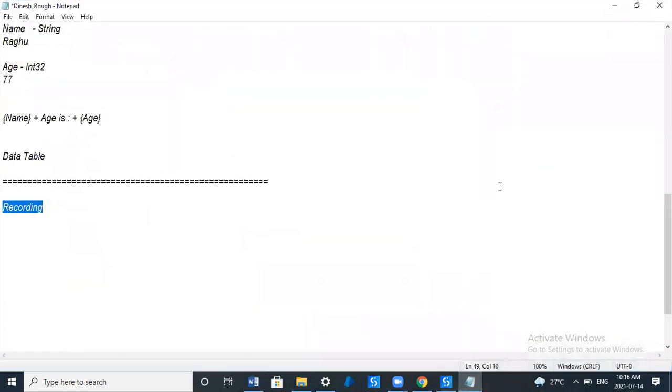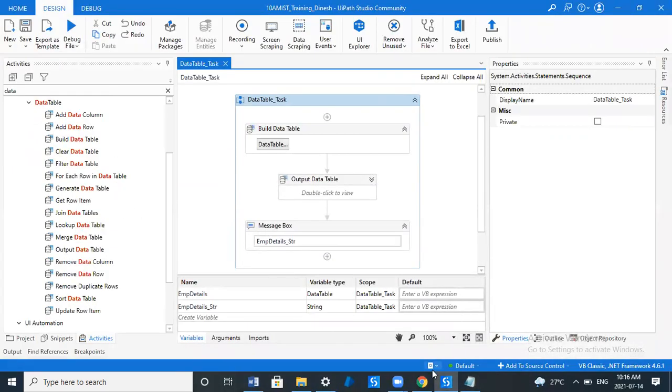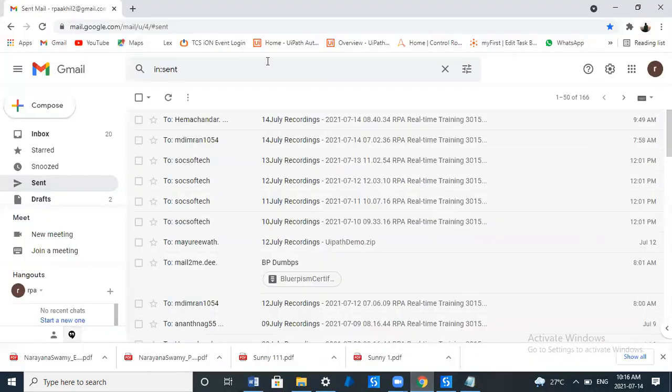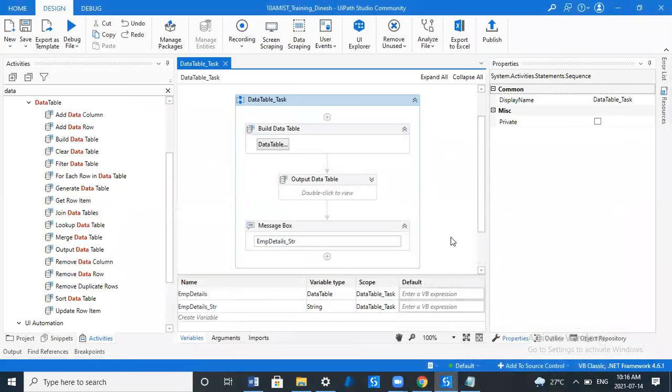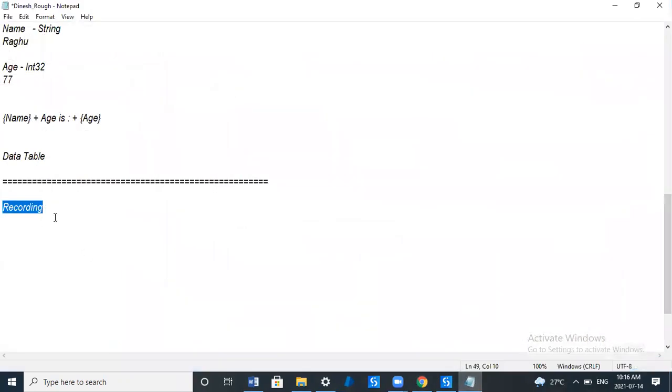You may want to automate an Excel sheet, or any browser-based applications, which means google.com or facebook.com, flipkart.com, etc. You will mostly have to automate these kinds of applications in real time as well. At that time you have to use the recording option available in UiPath. With the help of this recording option only, you can automate any kind of application.